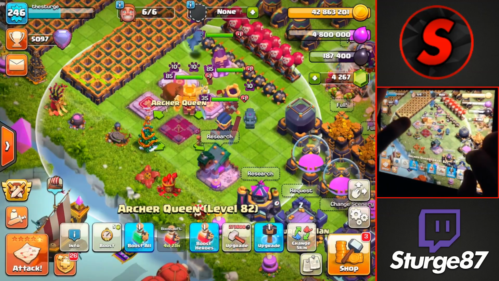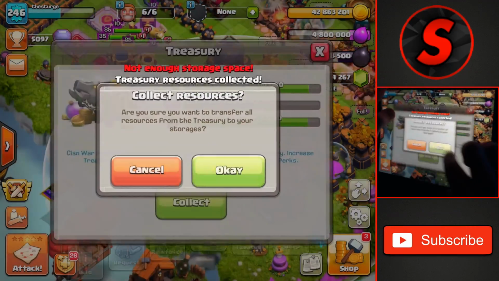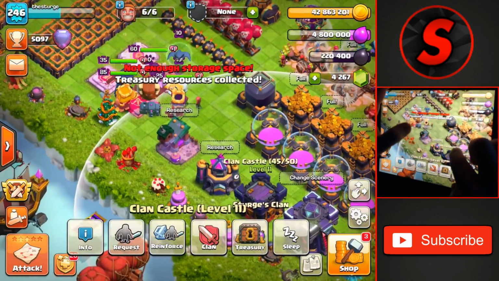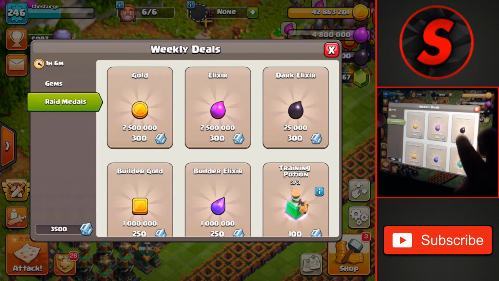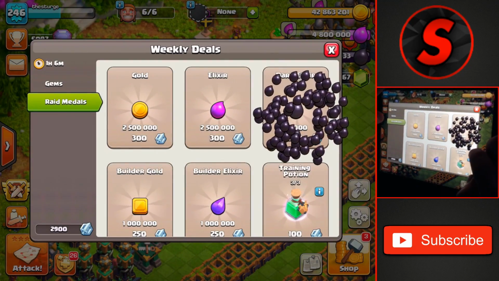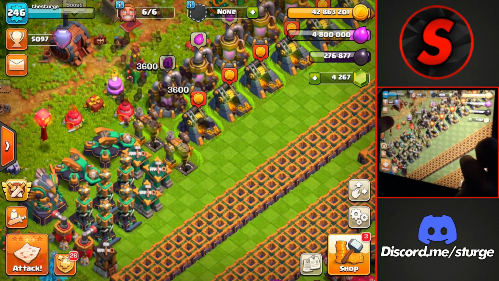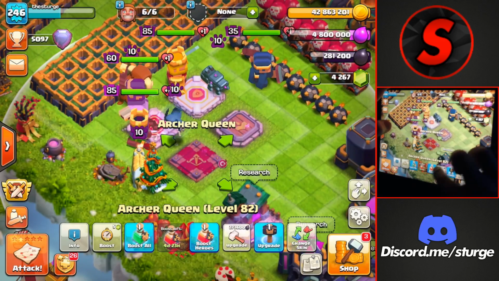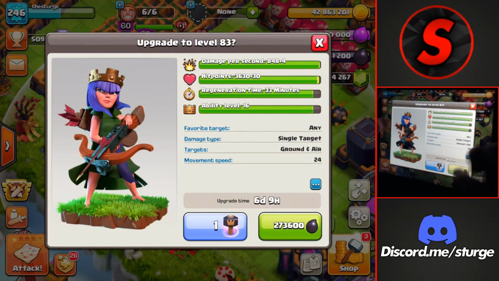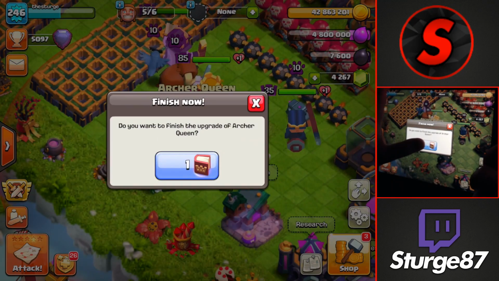187,000. How much does it cost? 270. We'll collect the treasury Dark Elixir there, 220. We'll see how much we need, around 50,000, so we'll do 2 more once again, and we are already at around halfway of our raid medals. We also have the Dark Elixir from the drills, and that is way more than what we need for the level 83 Archer Queen. We'll get her up there and use another Book of Heroes on this Queen, going up